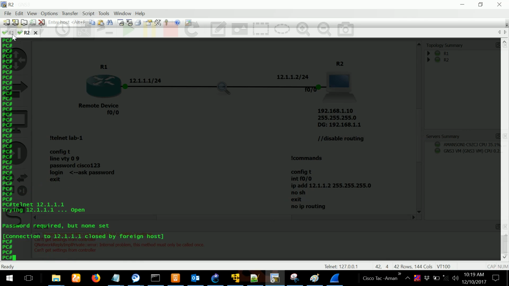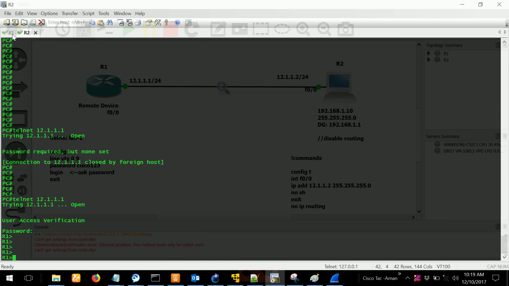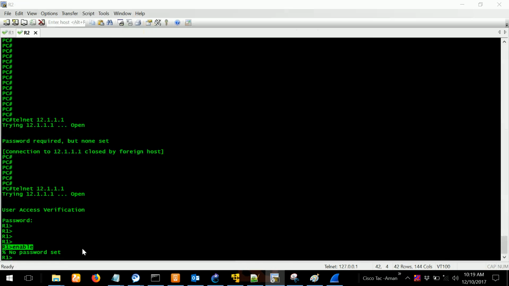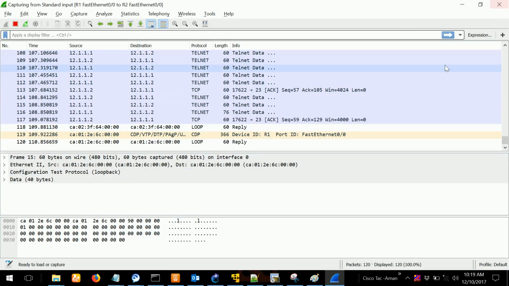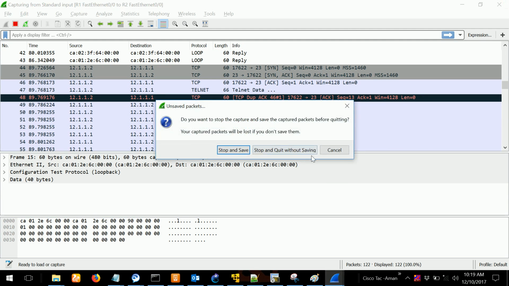Exit. Go to R2, do the telnet. It is asking for the password, and the password is Cisco123. It will not show you, just type it and press enter, and you are inside the router. But now you have a small restriction. It will put you in user mode, the most basic mode, and if you try to do enable, it will not let you in because you haven't protected the enable mode with a password. Meaning we have to check all the telnet data. So for now, let's turn off Wireshark.